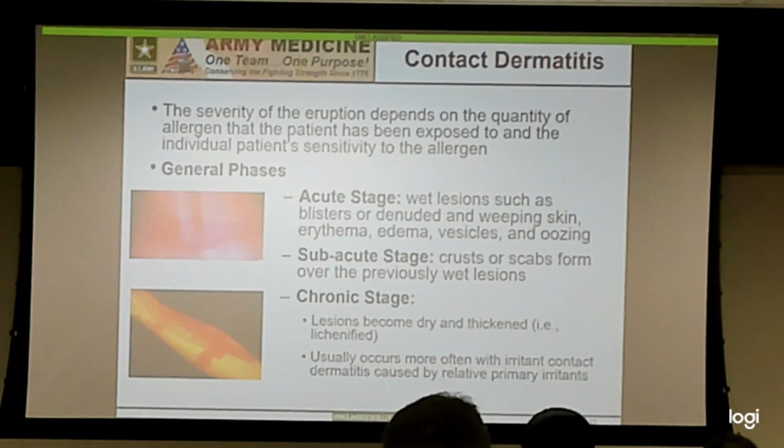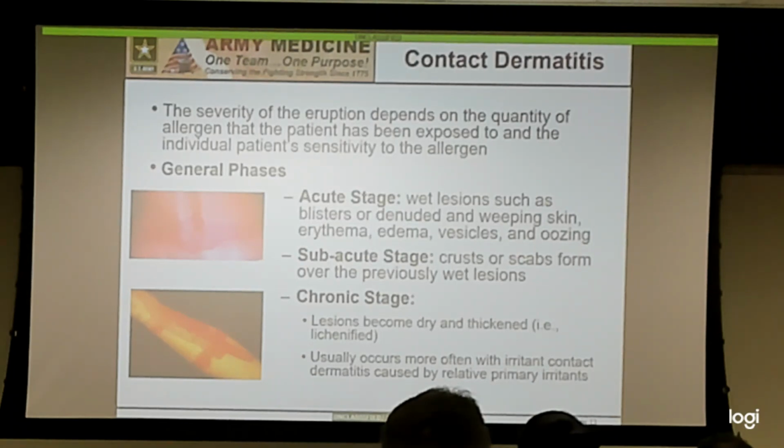Edema, it may feel hot to the touch, okay? Your subacute stage, this is where if they did have lesions, they have already erupted. So now you're getting your crust and your scabs that have formed. And then your chronic stage, which looks crazy, okay? Those lesions are dry, they're thick,